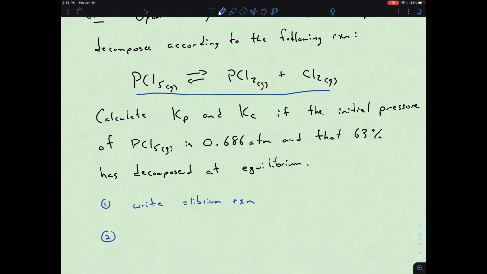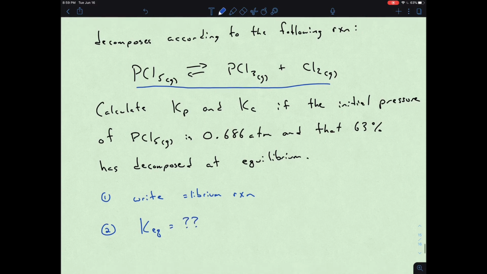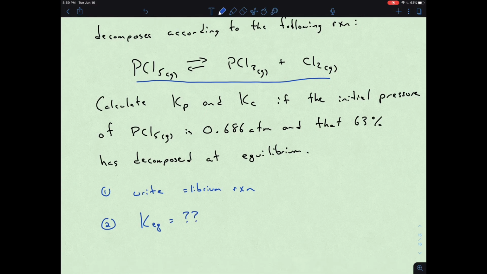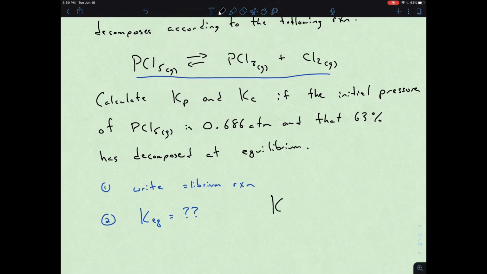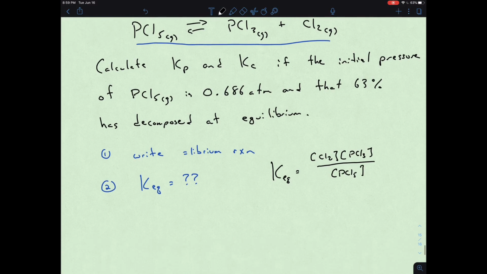And so now we want to discern what is our Keq equal to, and our Keq would be equal to the chlorine times the phosphorus trichloride products in the numerator divided by the concentration or pressure of our phosphorus pentachloride. So there is our Keq,